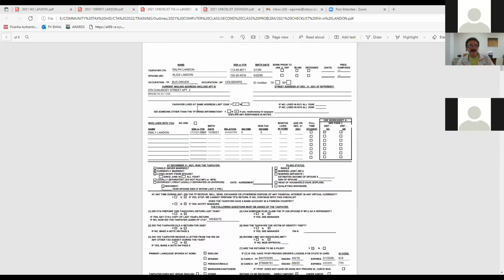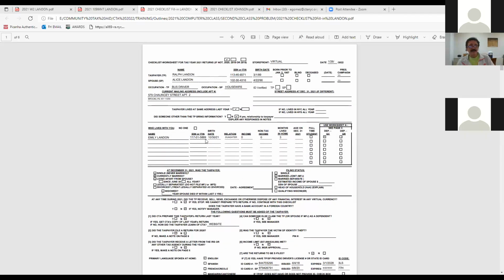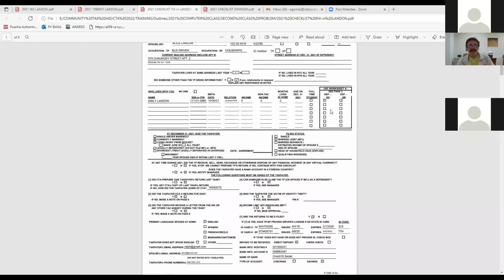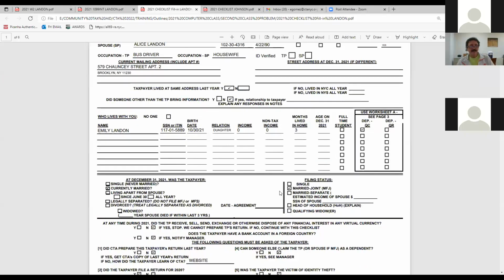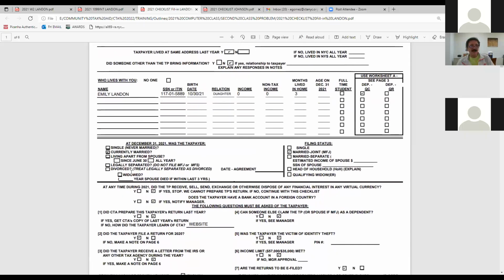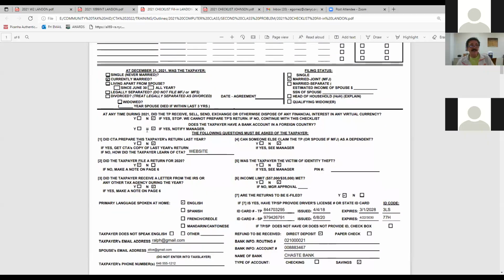Information you're getting about the person. Emily, the daughter, was born in 2021. And notice that's been checked off too. And we know we get that information from page 3. Filing status, pretty straightforward in this case. Let me try to make this bigger for you guys to see. Married jointly. They've lived together all year. They've been married for a while. We answered these questions as well